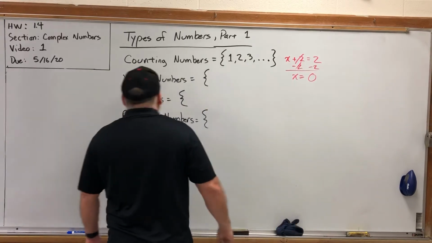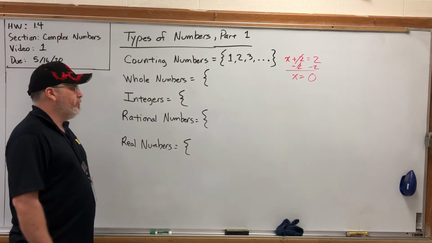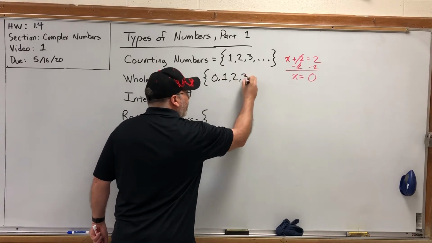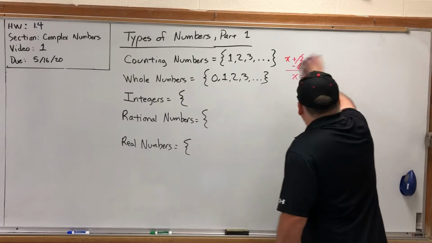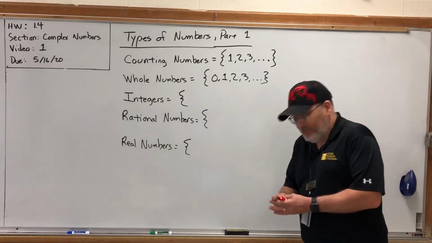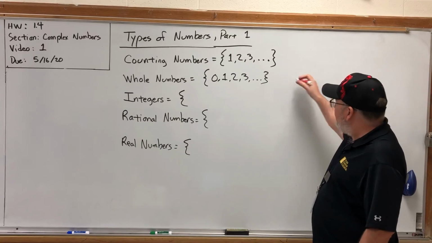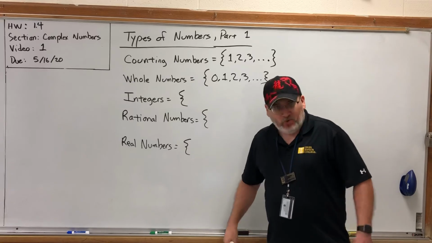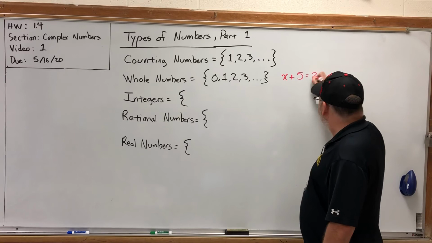So, the next set of numbers that was developed is called the whole numbers, which are just the counting numbers, but it includes the number 0. 0, 1, 2, 3. And everything was okay for a while, until the theoretical mathematicians, who were doing math for the sake of doing math, and believe it or not, it's a nice endeavor, were fiddling around with problems like this and said, well, can I make an equation using only whole numbers that doesn't have a solution? And so somebody posed a problem like this: x plus 5 is equal to 2.